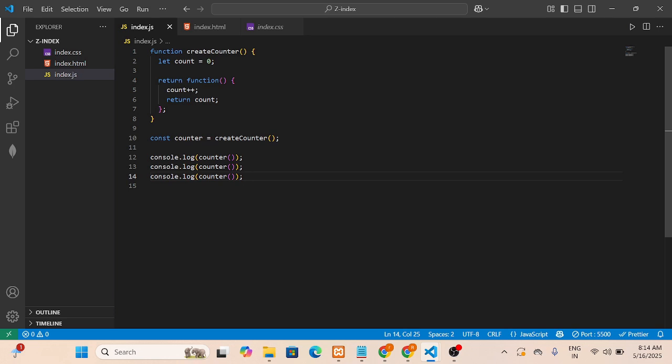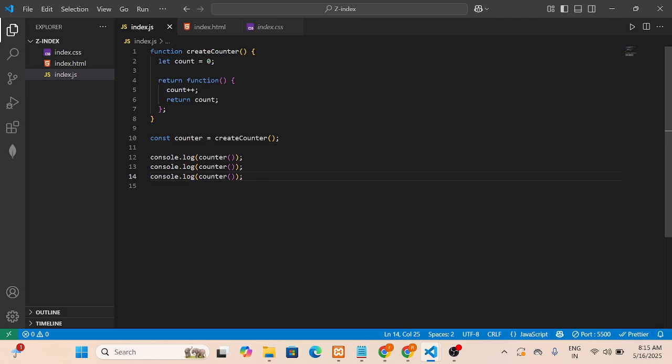A JavaScript closure is a function that remembers its outer variables even after the outer function has finished executing. First of all, I will explain what a closure is. When you define a function inside another function and the inner function uses a variable from the outer function, a closure is created. Okay, so next, why does it matter? Closures allow us to maintain state between function calls, create private variables, and write more modular and secure code.